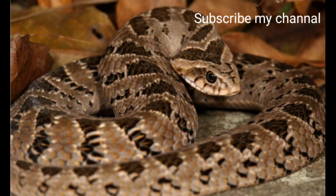Lifespan: how long do vipers live? As with most species of snakes, little is known about the lifespan of a wild viper. However, in captivity, vipers can live to be about 20 years old. Additionally, females give live birth to about 50 to 60 babies at a time,